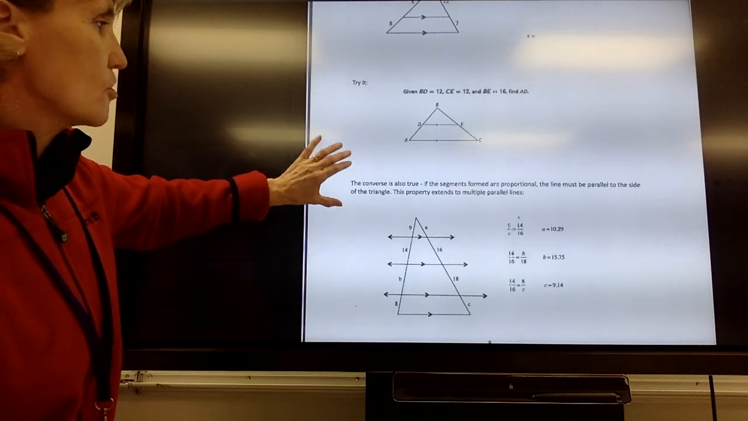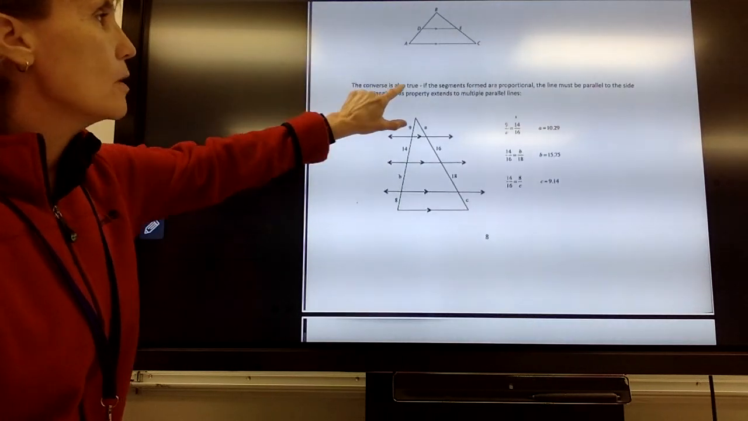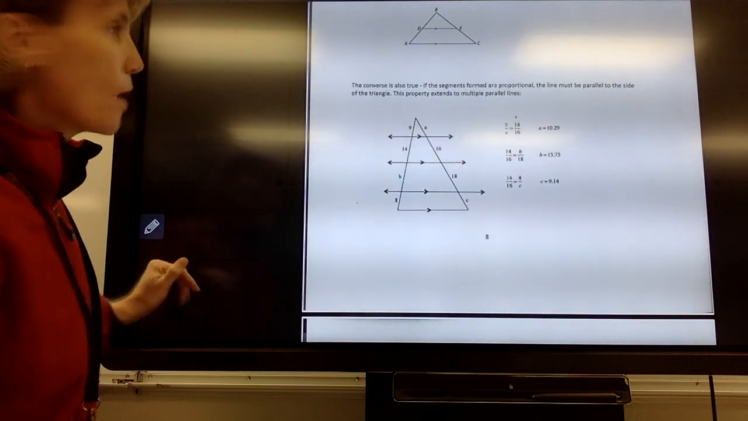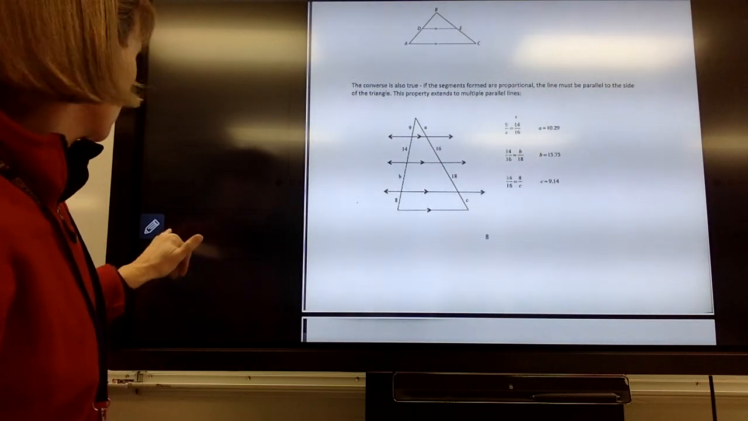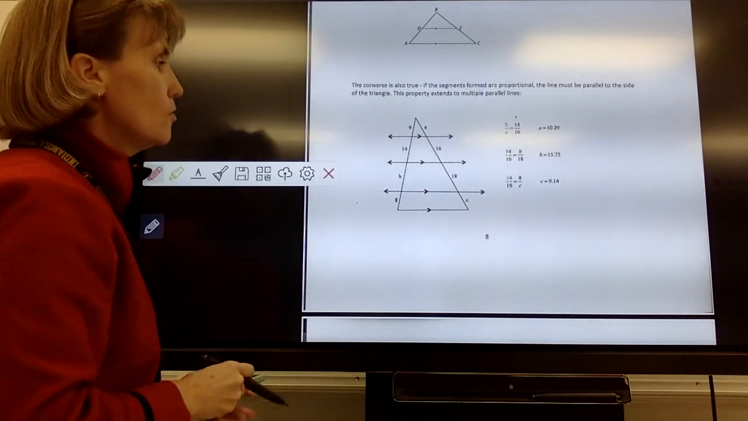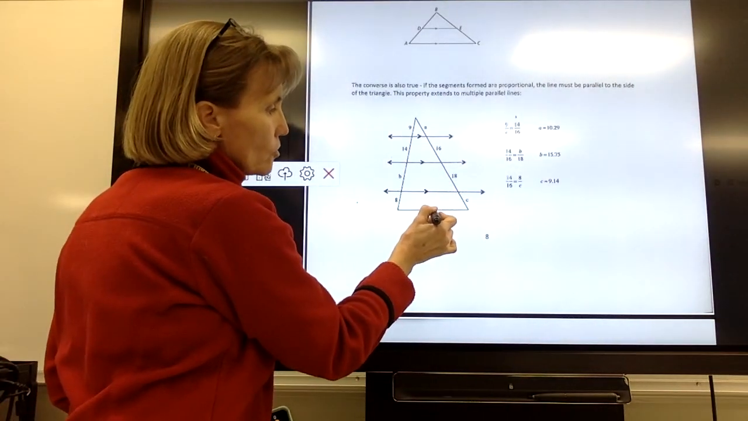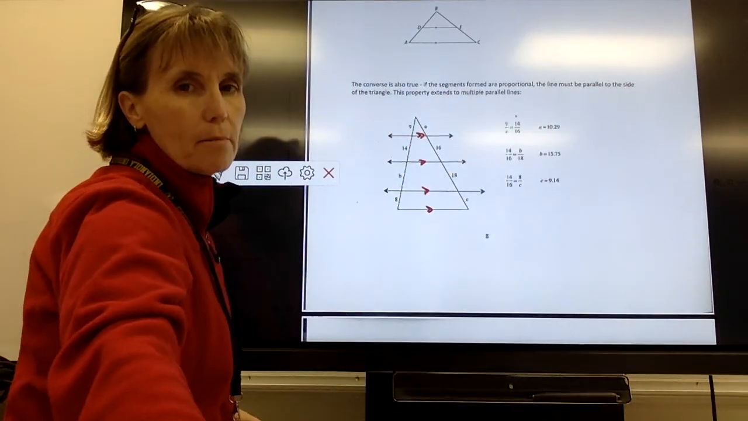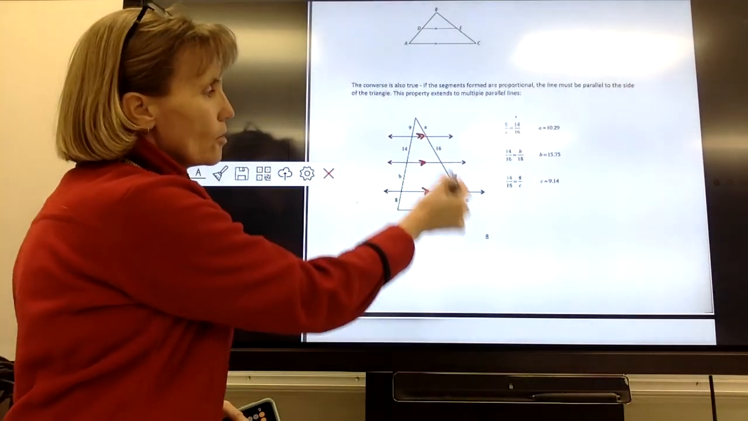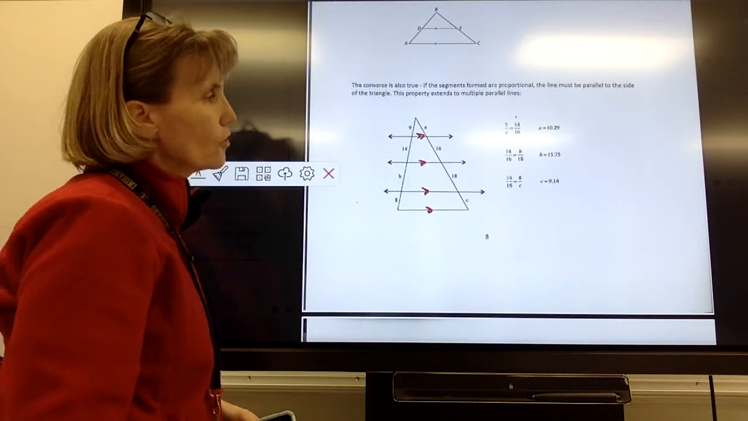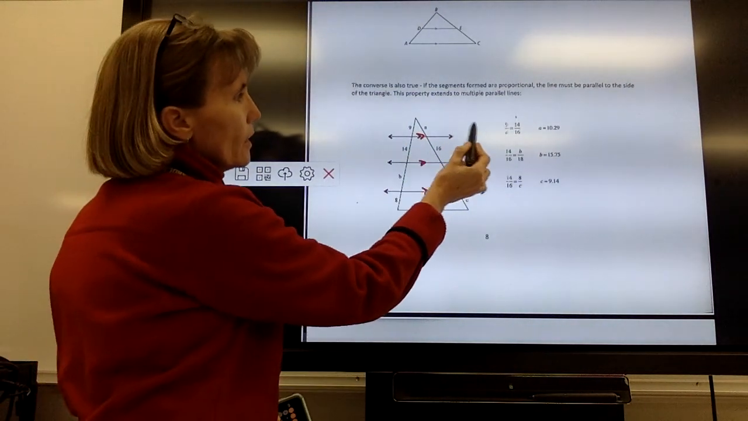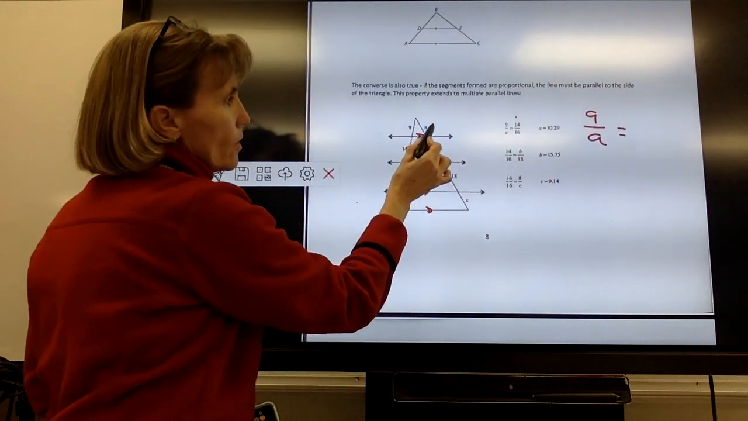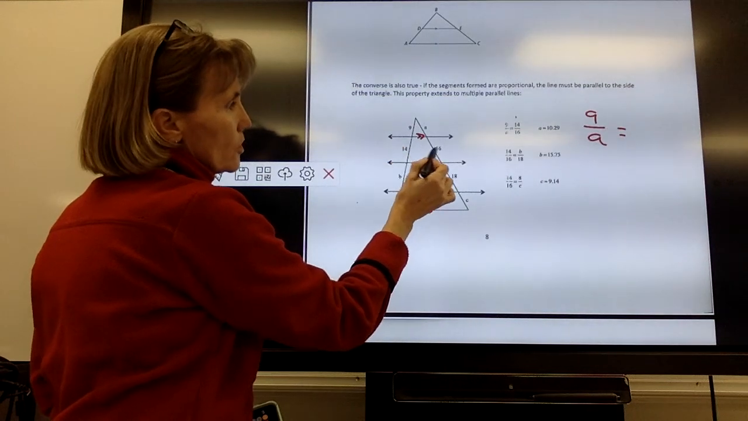Okay, it says the converse is also true. It says if the segments formed are proportional, the lines must be parallel to the side of the triangle. This property extends to multiple parallel lines. So within a triangle, I can draw as many lines as I want to. If all of these lines are parallel to each other, then all of these segments are going to be in the same proportion to each other. So we could say that 9 over A is the same as 14 over 16,